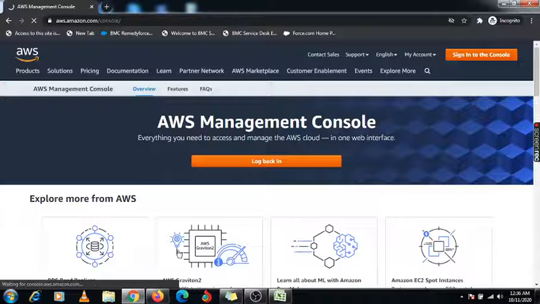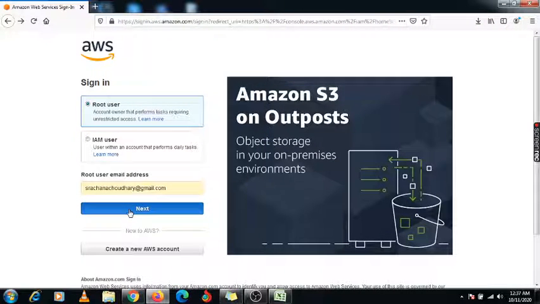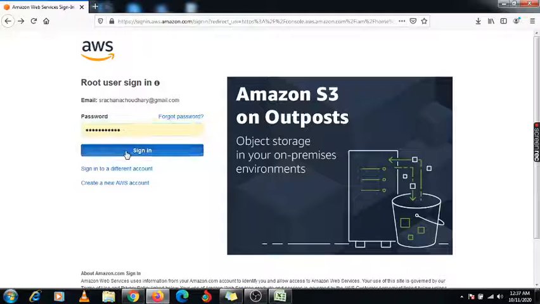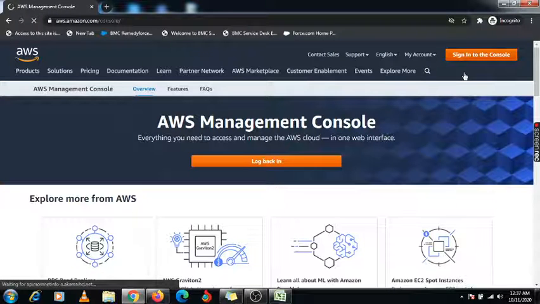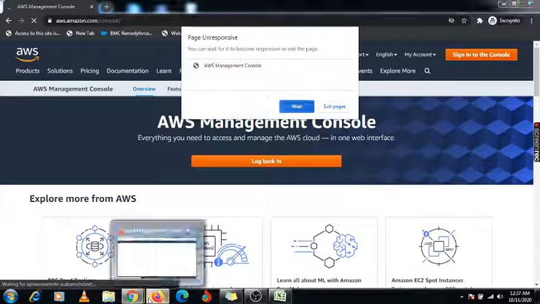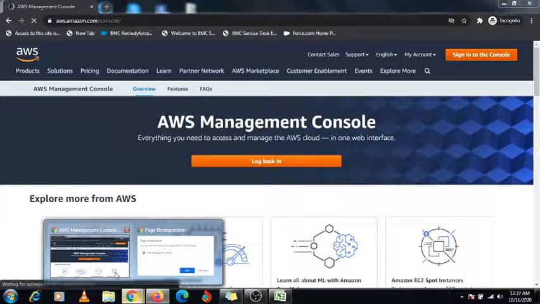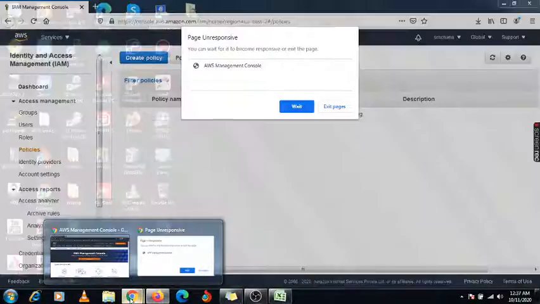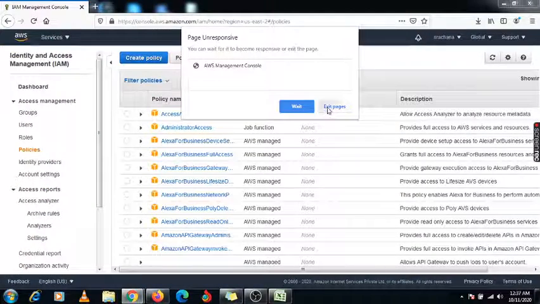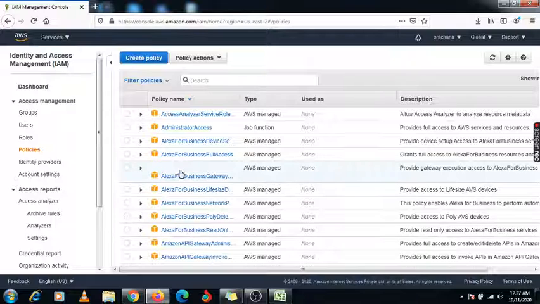Sign into the console. Till then I need to log in with my root user. Let's check, it's taking some time to refresh this page. Okay, no issue, it's taking some time to log in.